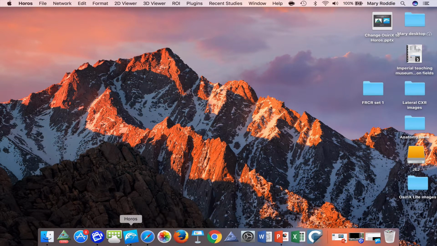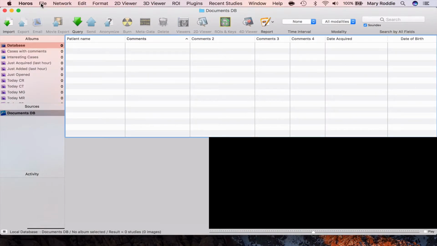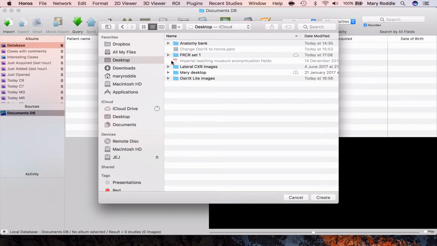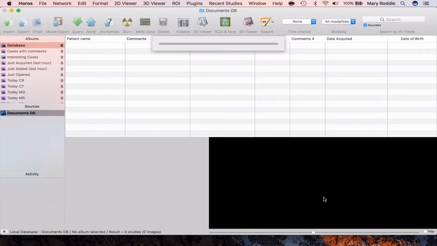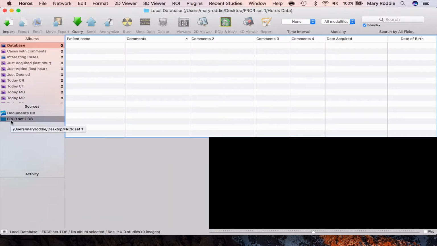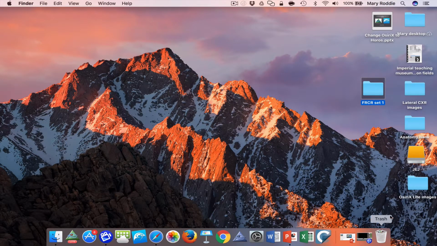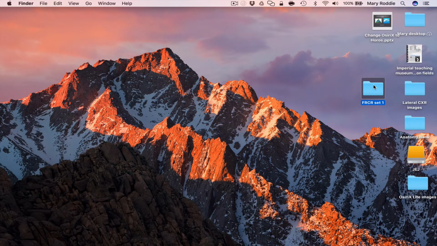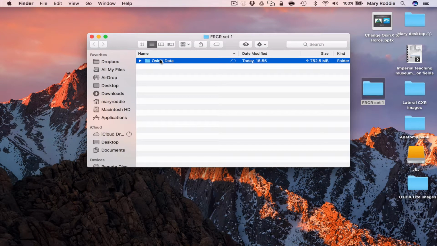Now if I open Horos and try to open that database folder by finding it on my desktop, you'll see that although you can see that folder in the list of sources, you can't see any cases. So having closed Horos again, I need to go to that database, open it up, find the folder labelled OsiriX data, get rid of the word OsiriX and write in Horos, and then close it